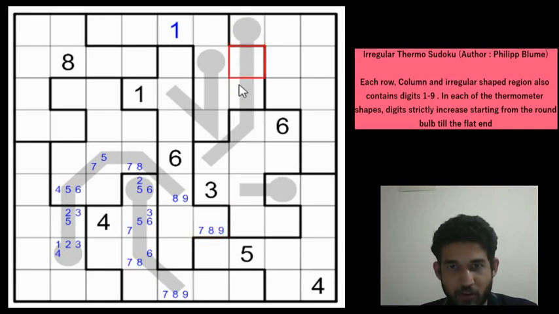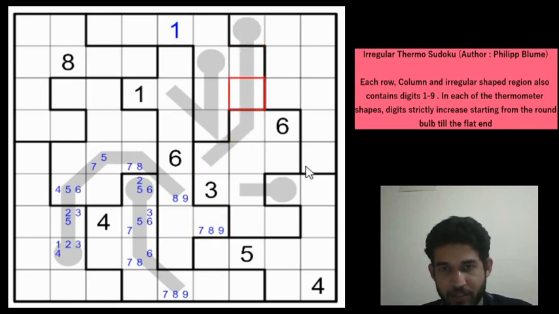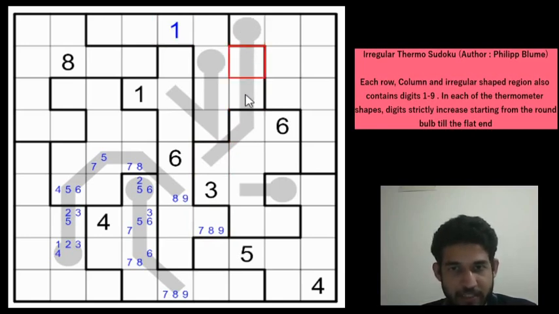So now let us try to look at this 5 length thermo to see if we can get any information. And now the minimum value as you can see here is not a 1. So minimum it can be 2 and since it is of length 5, maximum you can only have a 5, right? Because if you have anything more than 5 then this thermometer will be violated. So this can only be 2, 3 or 4, right? It can't be a 5 also. So this can be minimum 3.